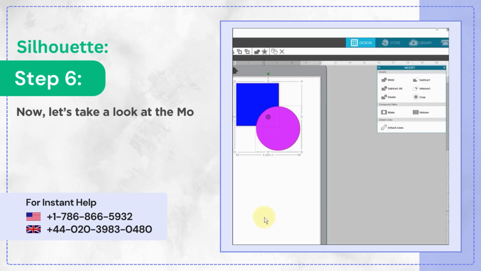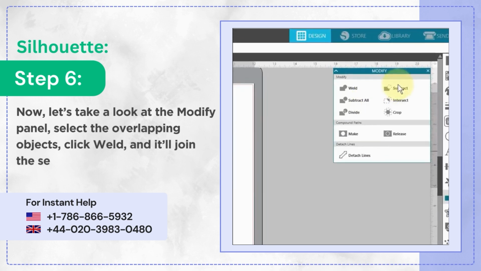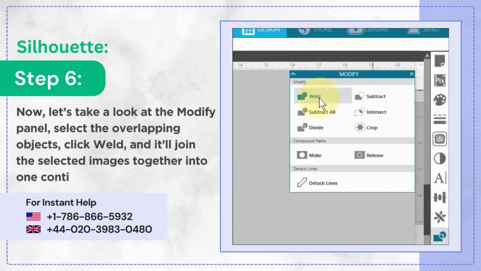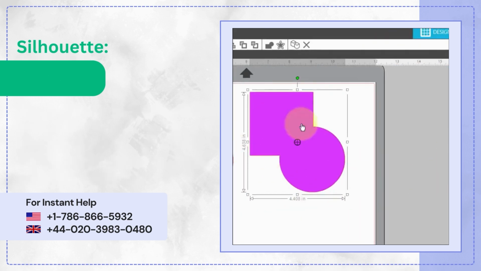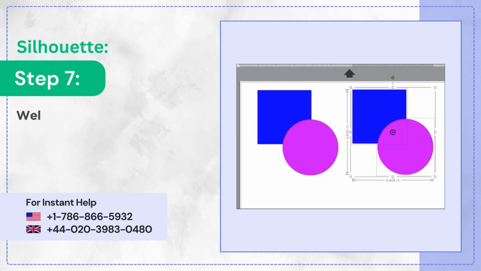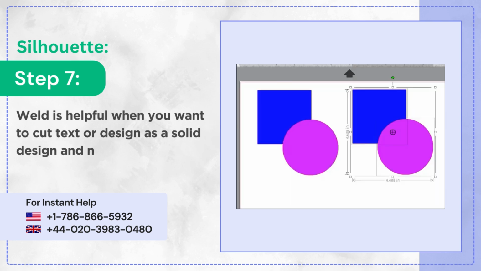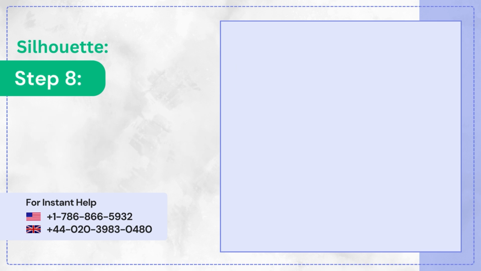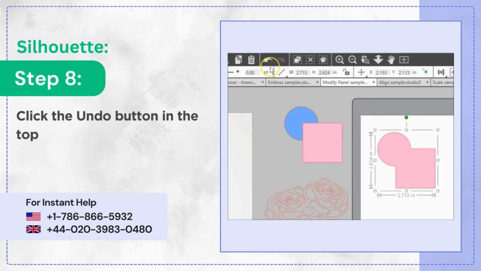Step 6. Now, let's take a look at the Modify panel. Select the overlapping objects, click Weld, and it'll join the selected images together into one continuous image. Step 7. Weld is helpful when you want to cut text or design as a solid design and not an individual design. Step 8. Click the Undo button in the top toolbar to return the welded design to its original